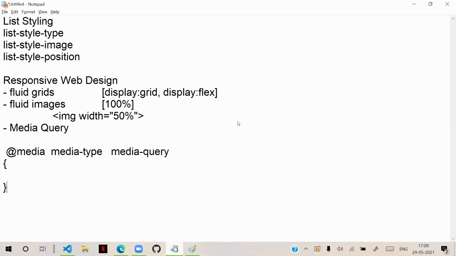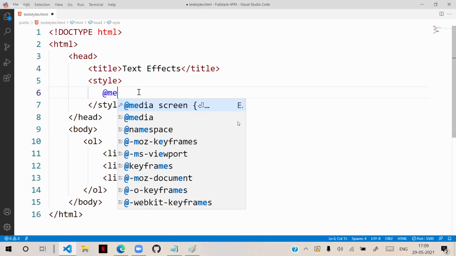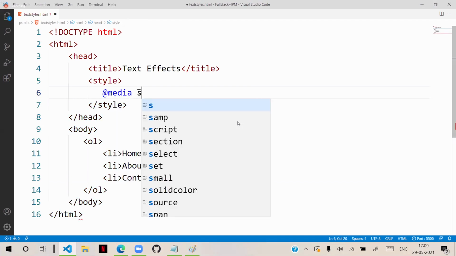You can use that media type. Let's see, I have to define media. First media is screen.